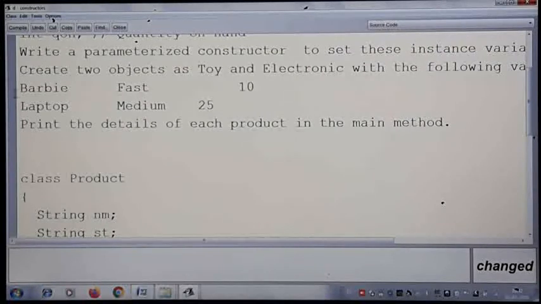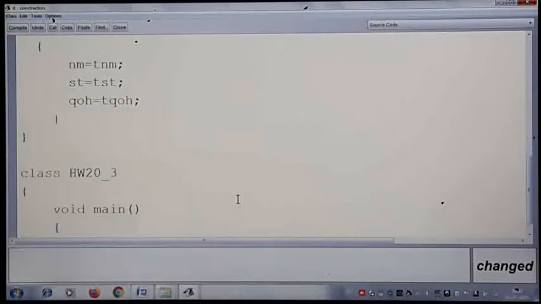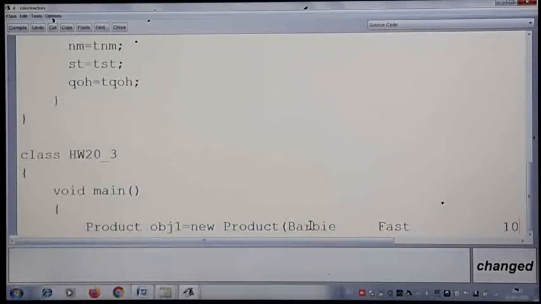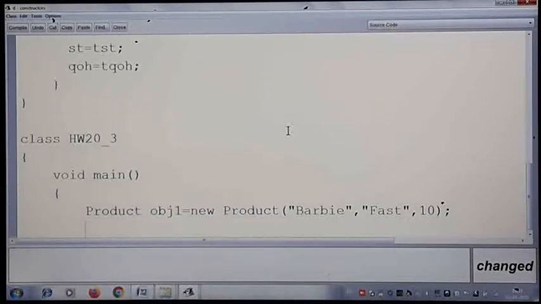They are telling you to pass these values: product name is Barbie. Then it is a fast moving item, that is the status. And the quantity available is an integer type, no quotes for this, 10 products are available.